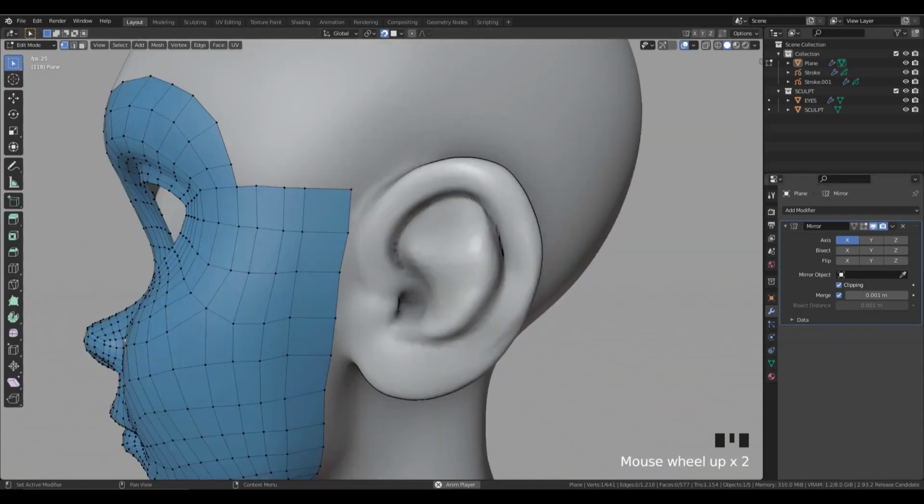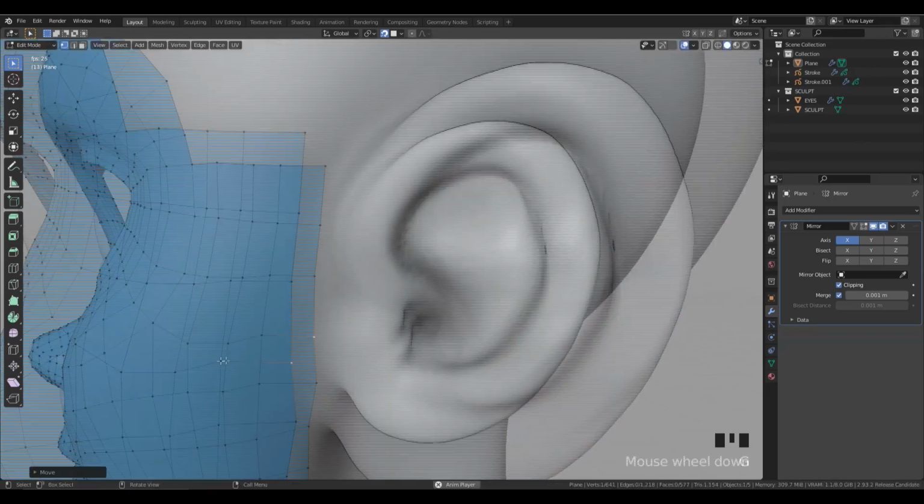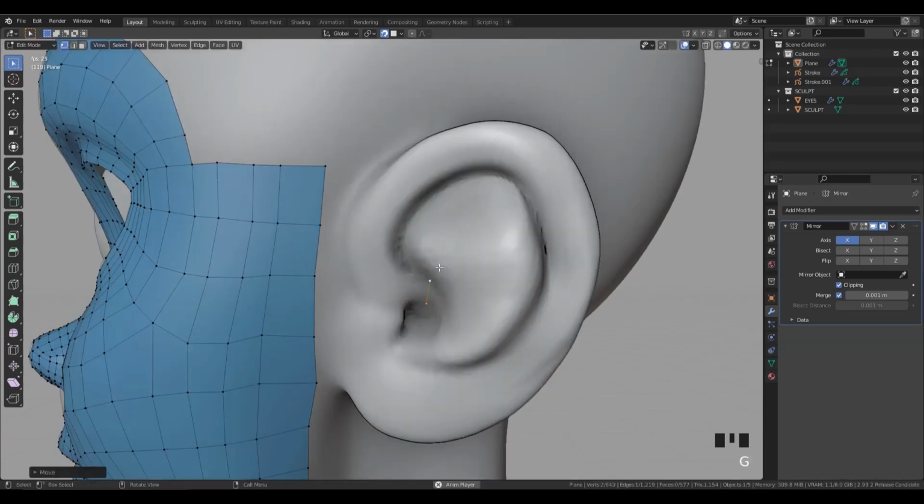And let's try to do the topology of the ear right now. So the topology of the ear will be, for now I'm going to disconnect everything from the head, and I will basically try to follow